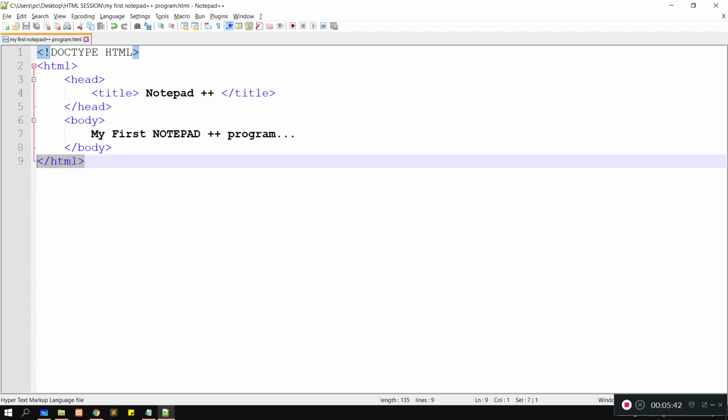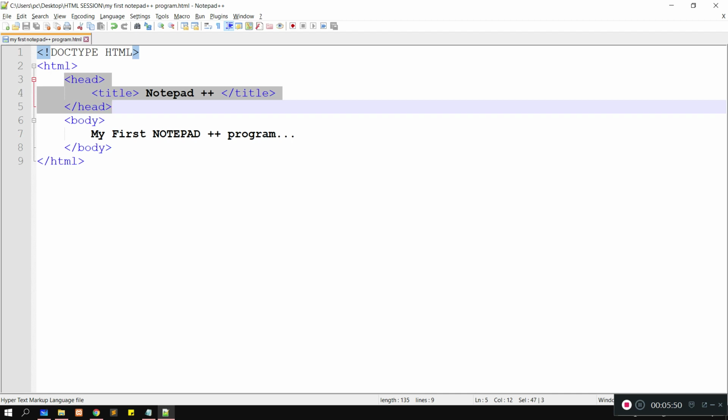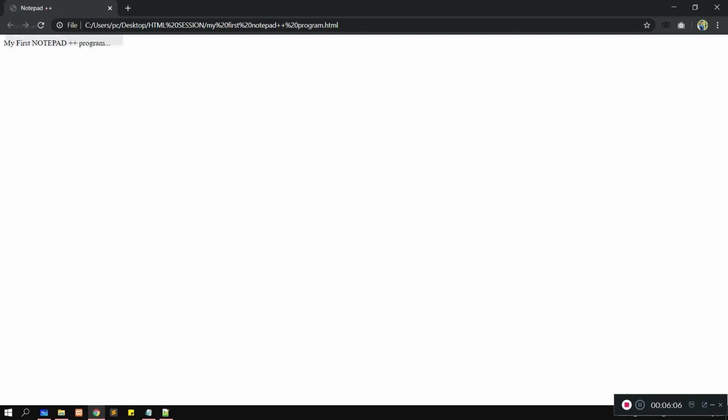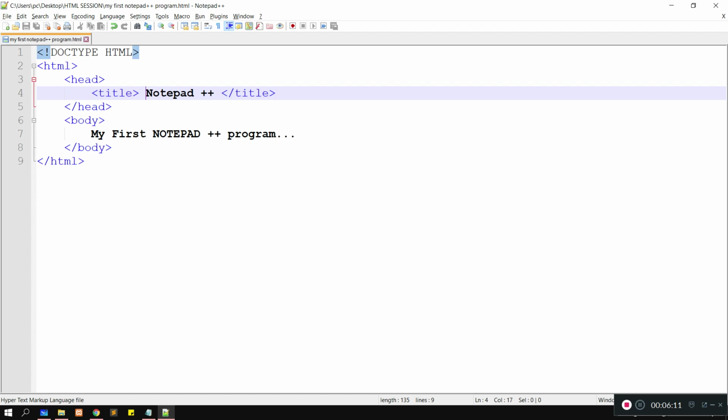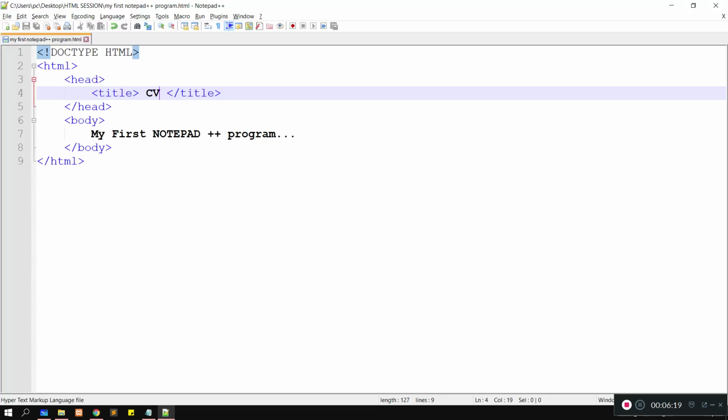HTML also opening and closing, body also opening and closing. Now the head, under head there is a tag called title. We generally use this title tag to give the name of the title bar basically. Here you can see Notepad++ is the title that we have given here. You can write anything like CV. See, you got CV.